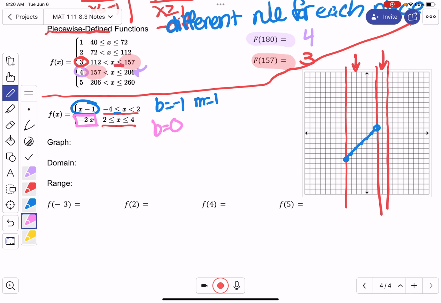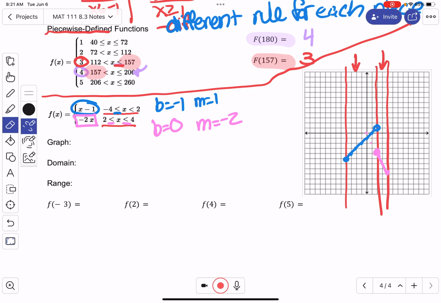Now, the second part is -2x. So our y-intercept is 0. Our slope is -2. So if we were to start it there, we'd go down 2 over 1, down 2 over 1. But we don't care about the first point until we hit that red line. Then we draw the 2 points in the range and connect those. Those are both closed circles because of those lines. So over here, the pink and the blue